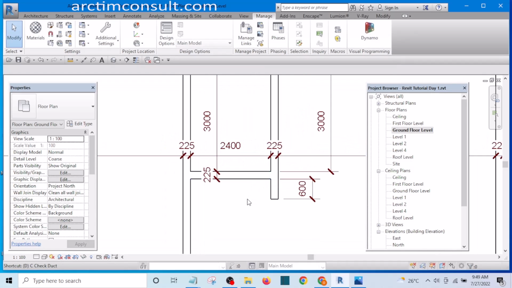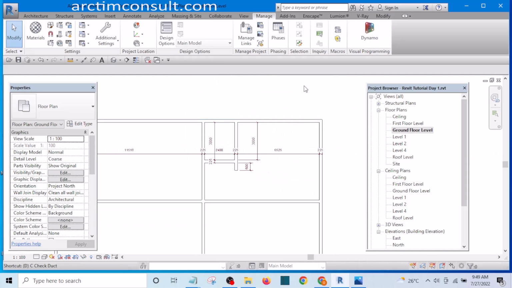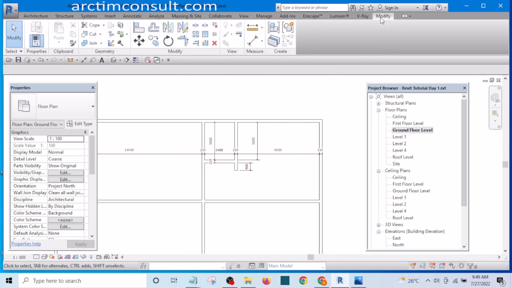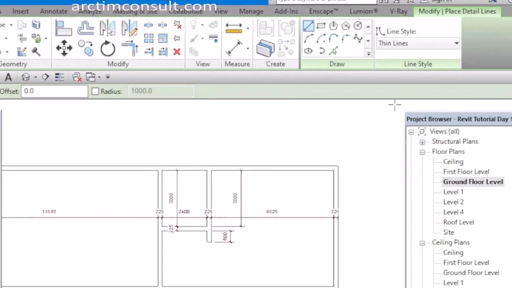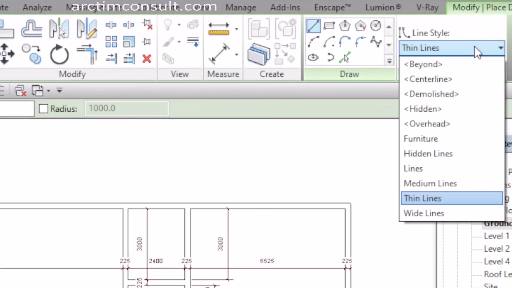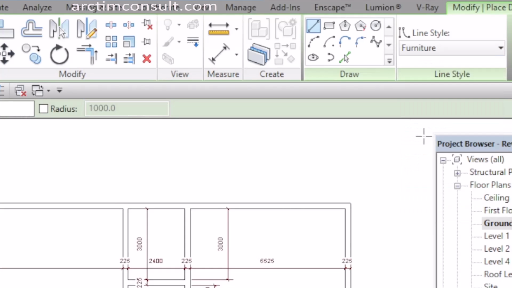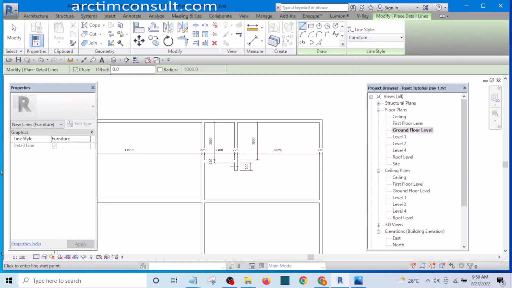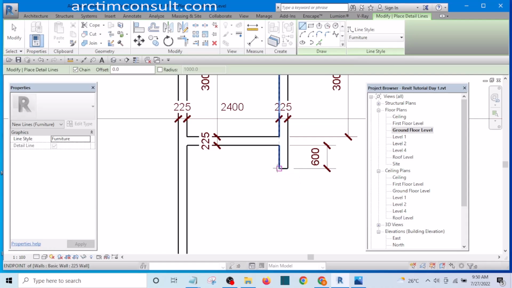I simply hit on my shortcut DL, and now I will be able to select that line here now. Okay, you can see that furniture is now here. So simply draw, and